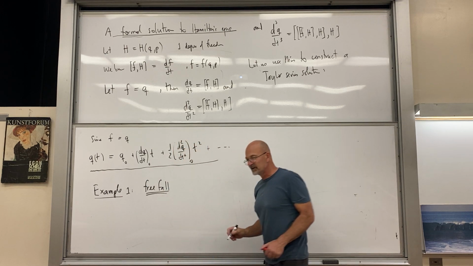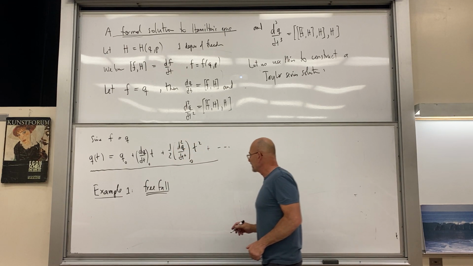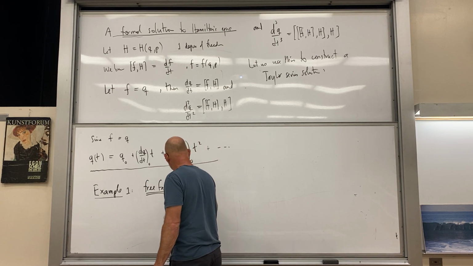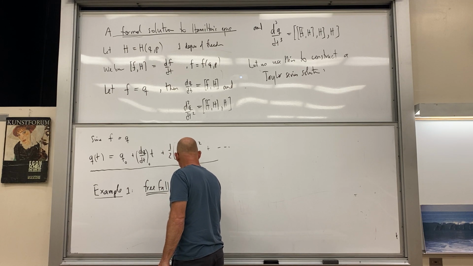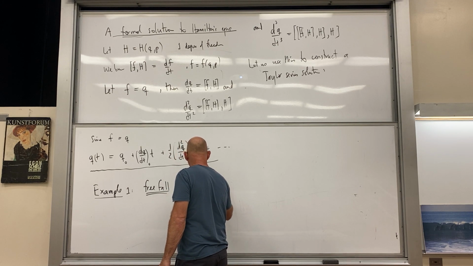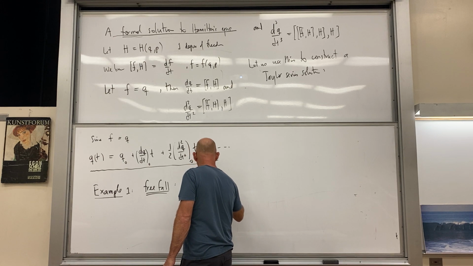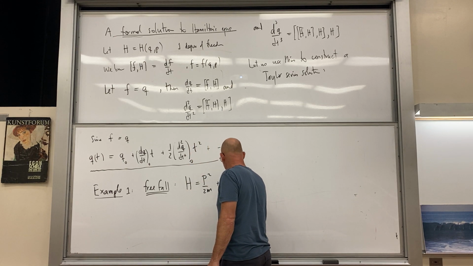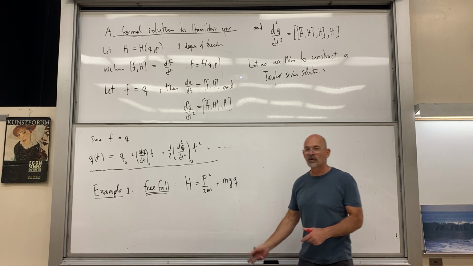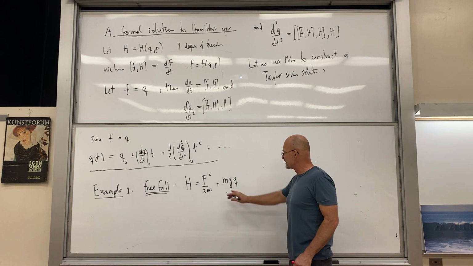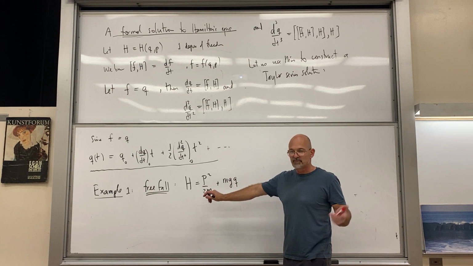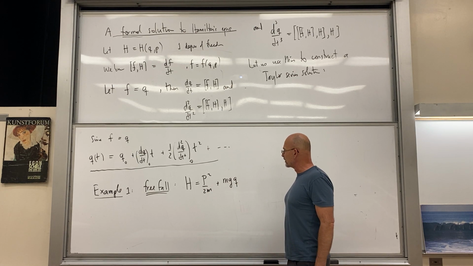We know everything about free fall, right? So what is the free fall Hamiltonian? H is p squared over 2m plus mgq. Q is my vertical direction, and mgq is the potential energy, mgh. So there's my Hamiltonian,